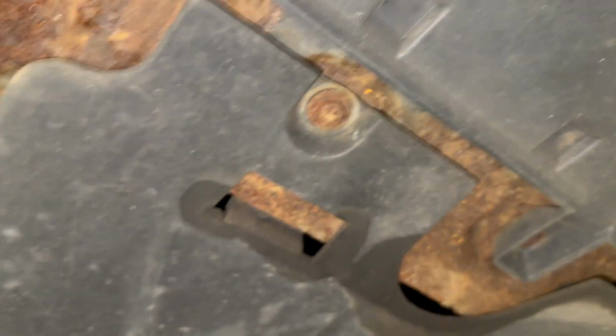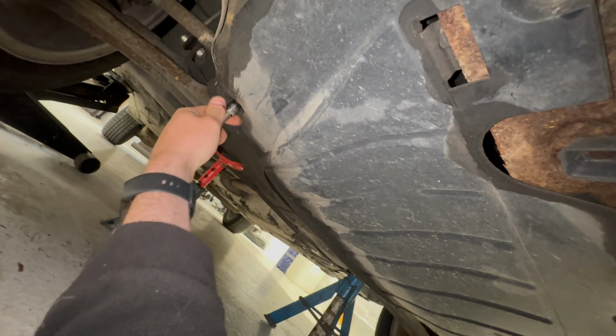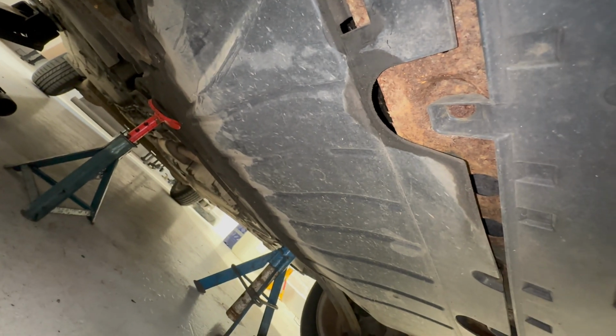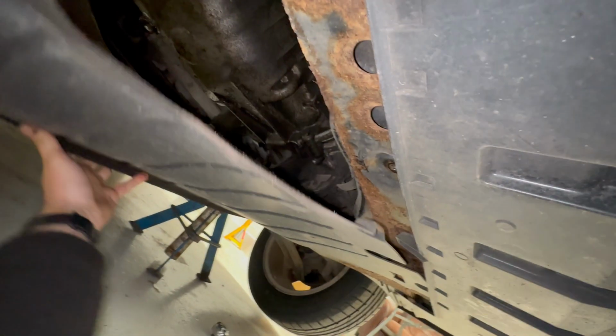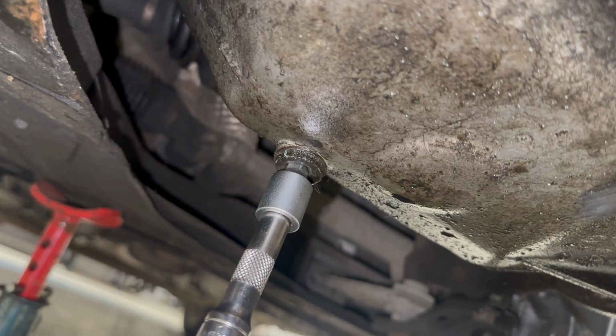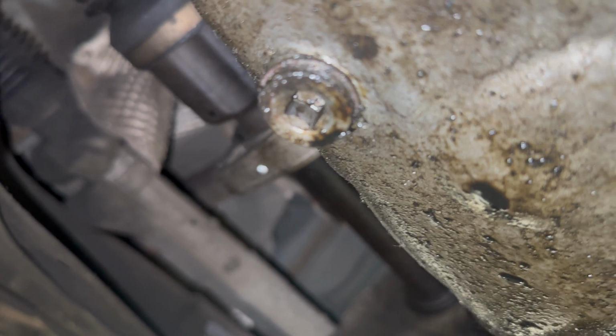So we're underneath the car, jack the front end up, and we've got a little under tray to remove, just 10mm bolts. For the sump plug, we've got a square drive 8mm, so this is just a little bit smaller than a